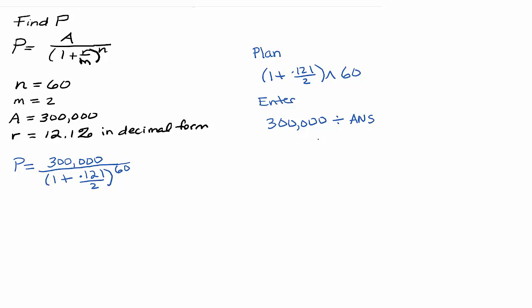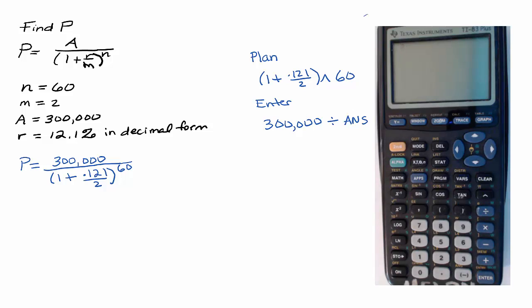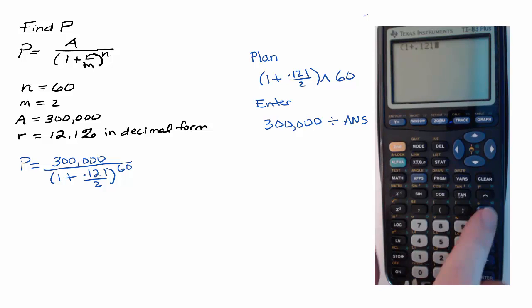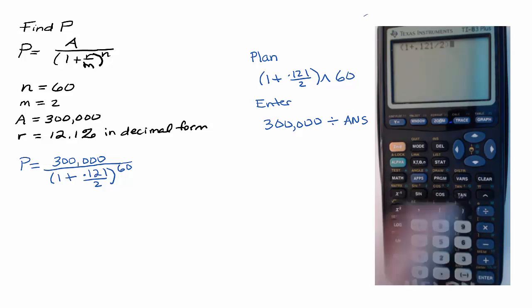So let's practice doing that. We want to observe that the calculator is going to follow the order of operations. So 1 plus 0.121 divided by 2. All of that's in parentheses. The calculator will know to do the 0.121 divided by 2 first. Then we're going to raise that to the 60th power. Hit enter, and the result comes up